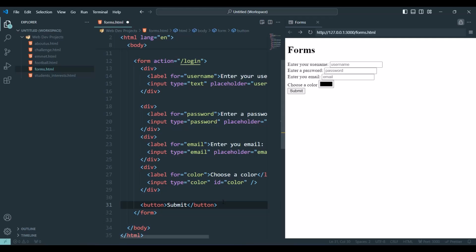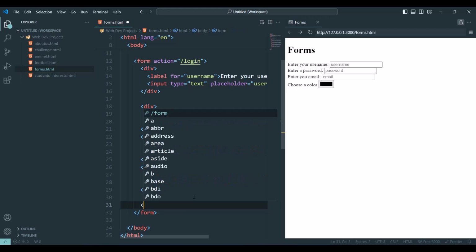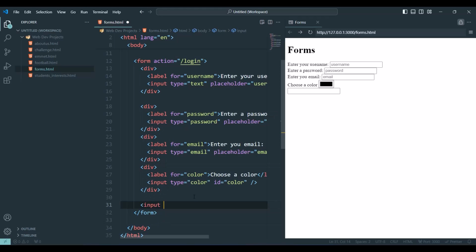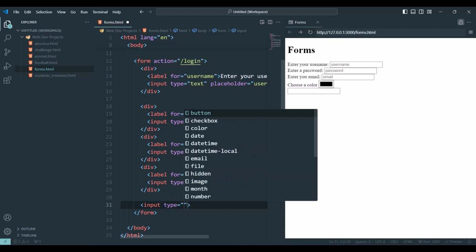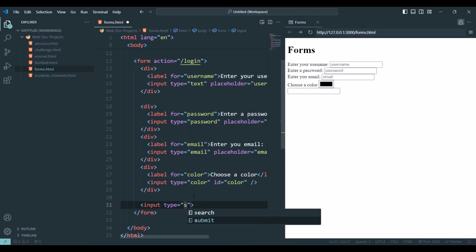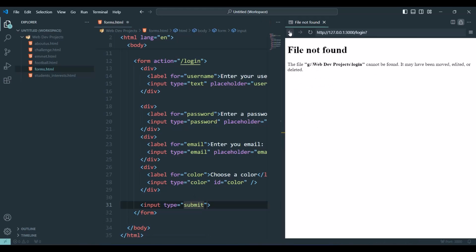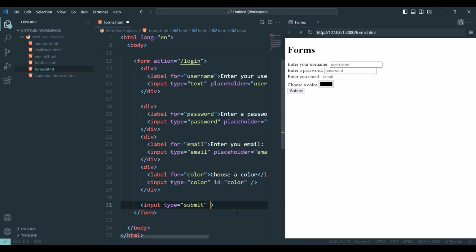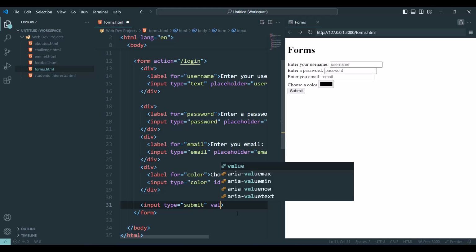And another way to create a button is to use the input. So I can go here, let's delete this. I can type here input, type submit, and this is fine. Now if I click, it will have the same effect. The problem is that if I want to define a different name for this button, I need to type here value.